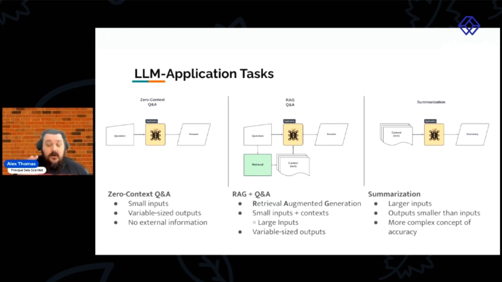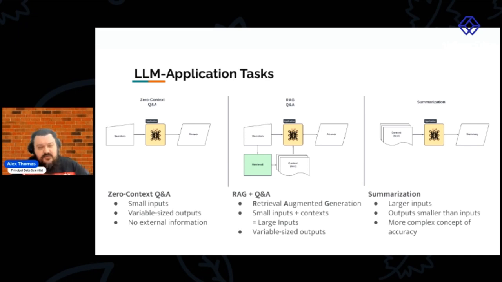Then there's what we're calling a RAG Q&A system. This is question answering, but where there's going to be some context provided. RAG stands for Retrieval Augmented Generation, and that's where we use the user input to retrieve relevant text, documents, perhaps just passages, and that's passed in with the question to the LLM to produce the answer. This is going to be more complex, but the idea is to make it more grounded, to reduce the amount of hallucinations from the zero context Q&A.